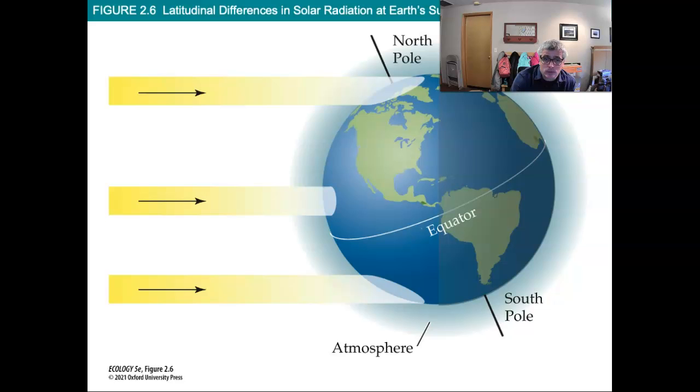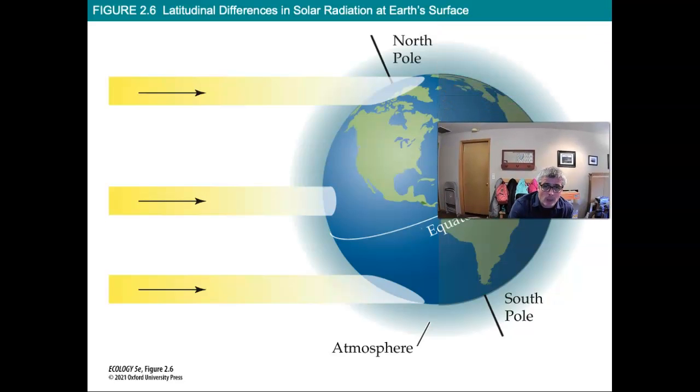So this is driven by the difference in solar radiation. And this is hopefully a review, but if you just think about light, if you think about holding a globe up and shining a flashlight at it, the light is brightest at the equator and then fades out as you go north and south, as there's a disproportionately larger area to absorb that same amount of energy. So this diagram shows it quite nicely.